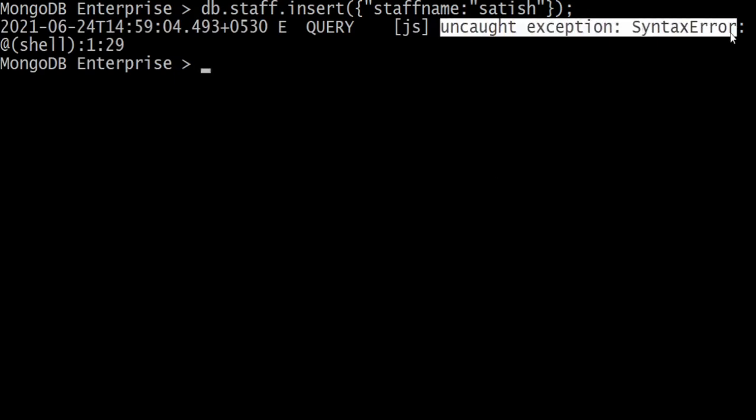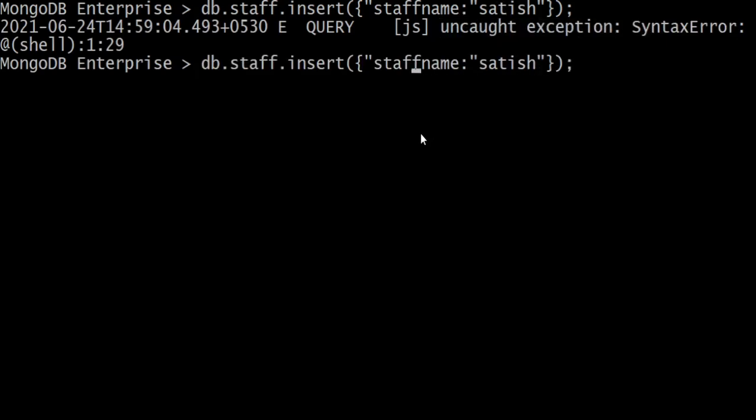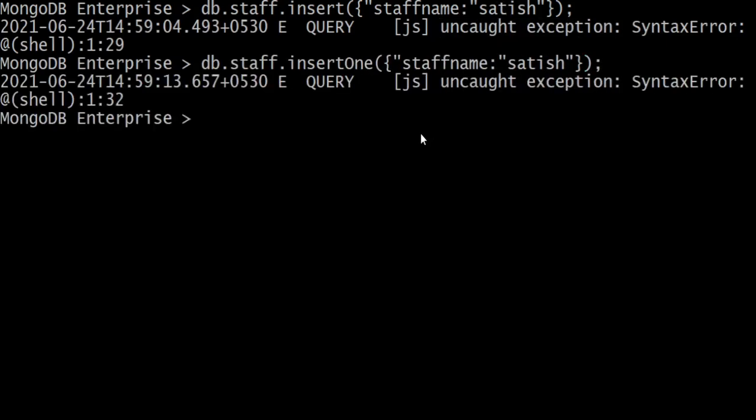It shows an unquote exception, indicating an error. Let's see with insertOne. Something went wrong in my syntax.